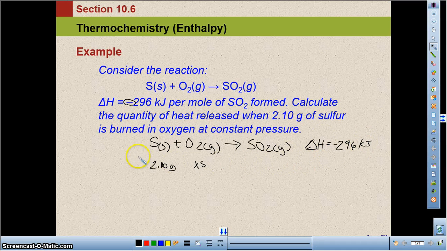Well, if it were 1 mole of sulfur, it would produce 1 mole of sulfur dioxide, and you would end up with this much energy given off. And since this is kilojoules per mole for this reaction, we have to go back and we have to change grams to moles. So we're going to take 2.10 grams of sulfur, and 1 mole is about 32 grams. So 2.1 divided by 32, this is going to be